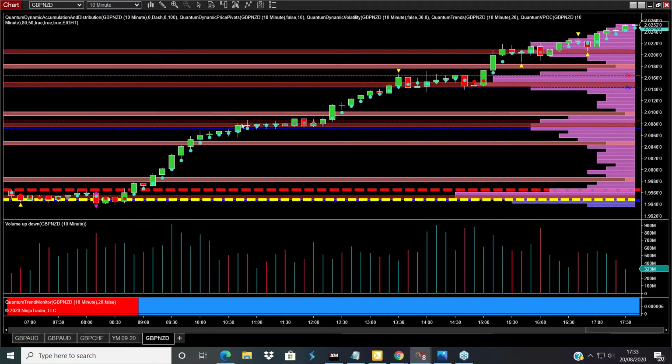So we look at this and we suddenly see it's going into a little bit of sideways. The trend monitor is still blue. The trend dots are still blue and just go into neutral. And what we want to see when you get one of these congestion phases, where basically it's coming to a pause point, you get very narrow spread candles, and what you have to try and determine is, is this going to roll over, or is it just pausing and waiting to go higher? Consider the anomalies on the down